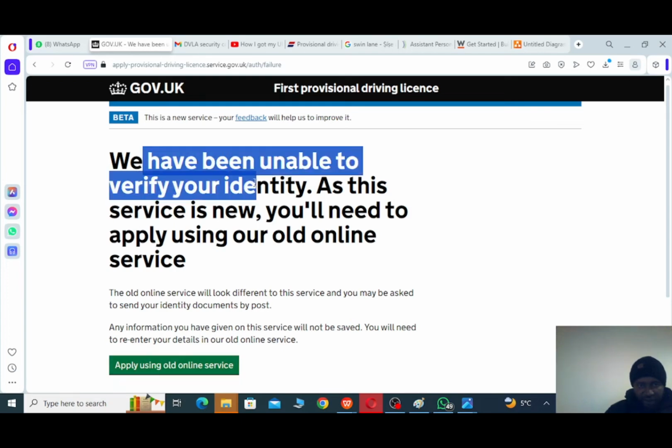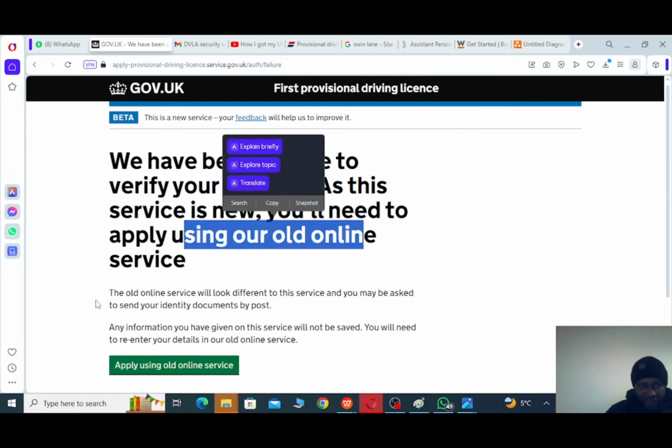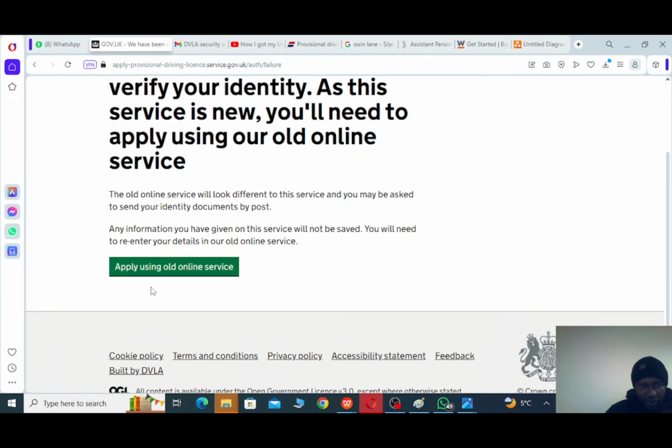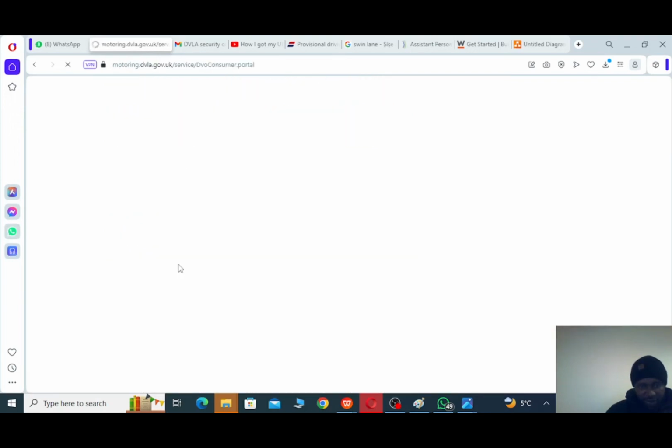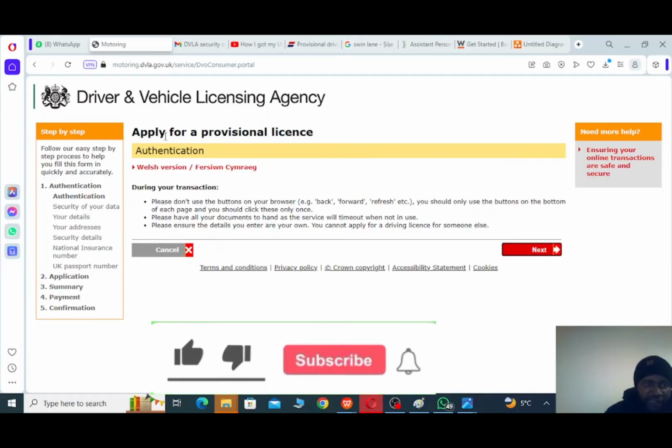It says we have been unable to verify your identity as this service is new. You will need to apply using your old online service. That's not a problem. So you click apply using old online service because I don't have a UK passport. All right, now it brings us to the Driver and Vehicle Licensing Agency